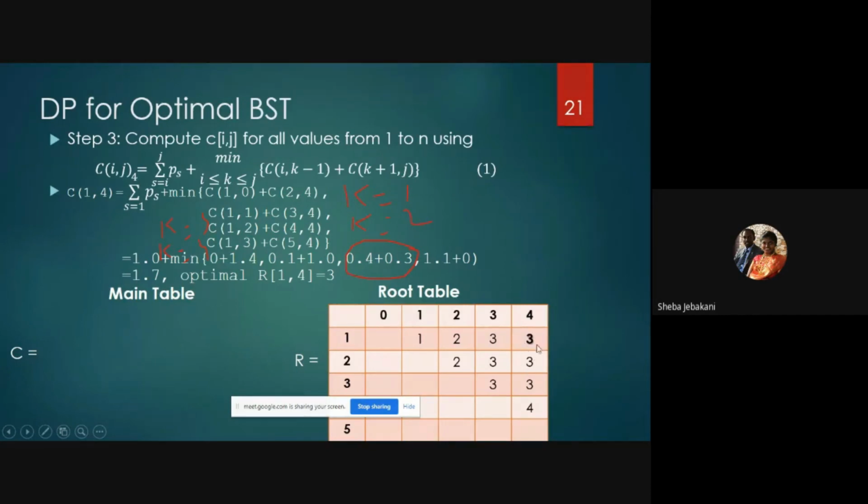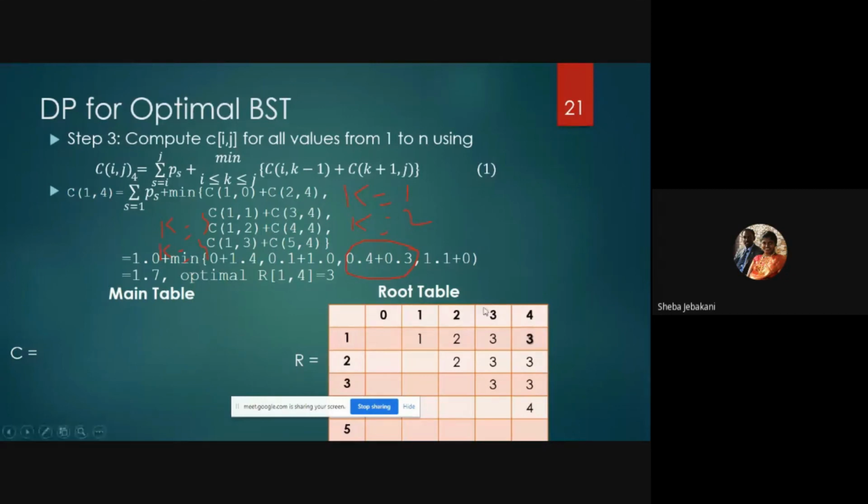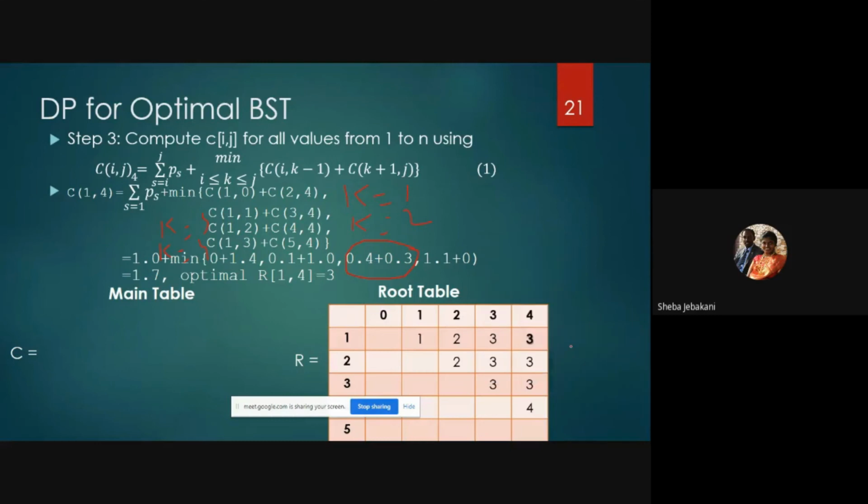If you see, the final root node that I have is 3. So my tree basically is going to contain, let me just change the pointer. So since my root node is 3, my tree is going to contain the third node, which is C, as my root node. Okay, once I have the third node C as my root node, if you can see, to the right of 3 there is nothing, whereas to the left of 3 I have 2 and 1.